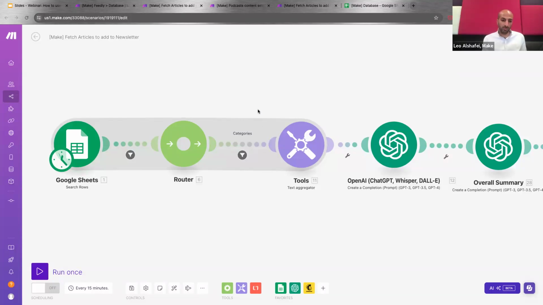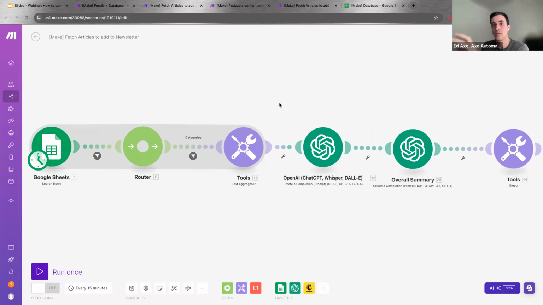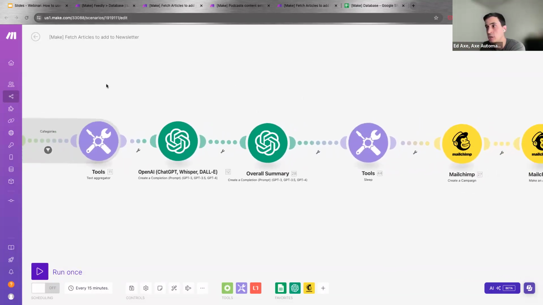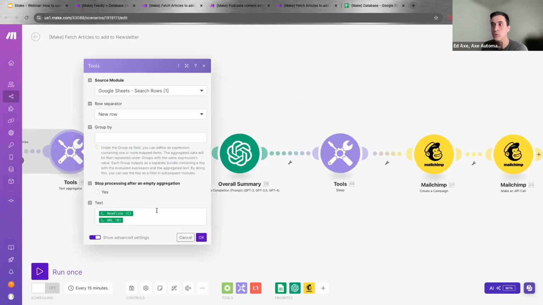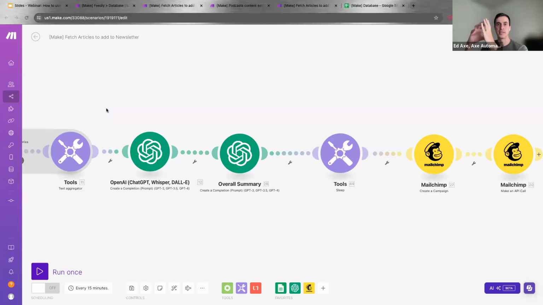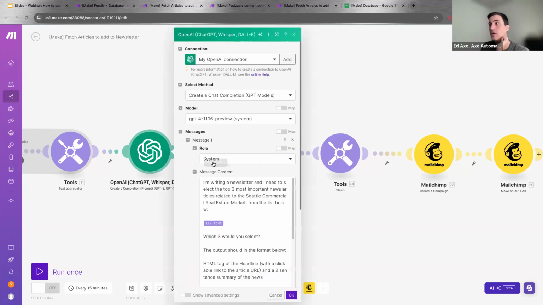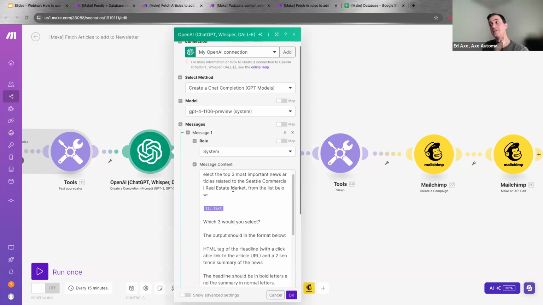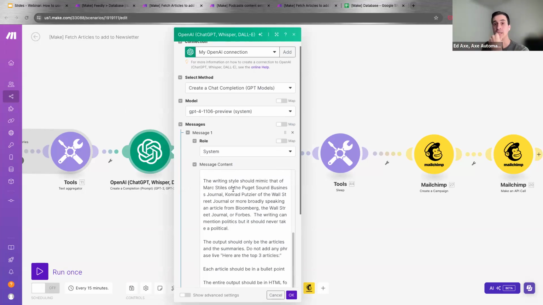Okay. Brilliant. Yeah, and then what this second scenario is doing, not only is it fetching the actual articles from the database, like I mentioned, then we are combining them into a text aggregator. So we are basically putting together the headline with the URL on the text aggregator, just using the same structure, both the headline and the URL of that news article. And then we are using, again, OpenAI to write a summary of that article.